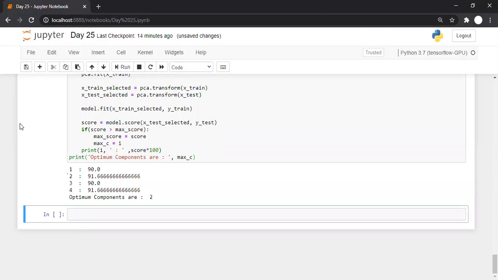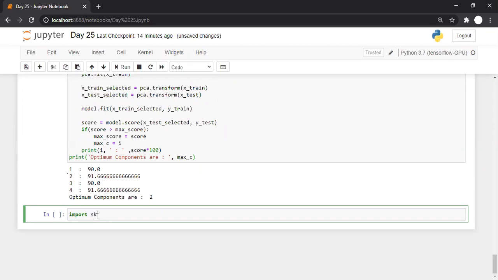So there is another way called select k best features. What do we call it? Select k best features. And how to select the k best features? There are a number of ways by which you can select the k best features. So let's say for selecting the k best features, either you can use chi-square value or mutual information or something like that. So how to calculate the chi-square?